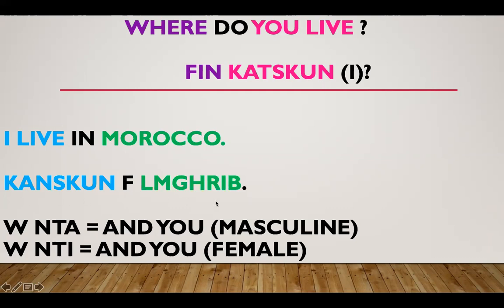أنا كنسكن في المغرب. We don't have to say أنا because N already gives clarity that I'm talking about myself. Okay, then كنسكن في المغرب. فين كتسكني؟ كنسكن في المغرب. فين كتسكن؟ كنسكن في ميريكان. كنسكن في الهند. كنسكن في اسبانيا. كنسكن في البرتغال. كنسكن في باريس، فرنسا، في كندا. كنسكن في أستراليا. كنسكن في Egypt. كنسكن في لبنان. So whatever you're going to put over here, try to practice as much as you can, as fast as you can.